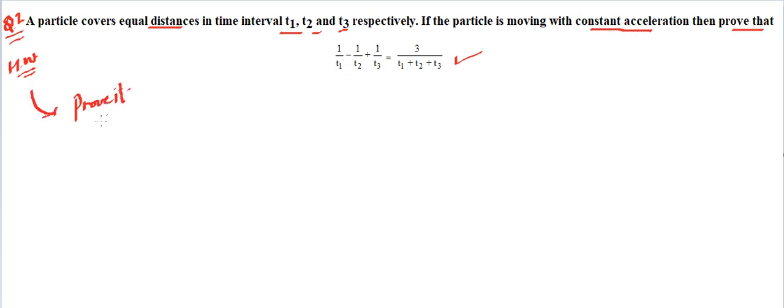Prove it. Okay. And if you have any issue on these questions, in the discussion class we will be discussing these questions. So this is all about this particular video. In this video we have tackled a couple of questions related to one-dimensional motion, in which some have constant acceleration, some zero acceleration, and some variable acceleration. Further content will be coming in the next videos. Thank you for watching. Have a great time.